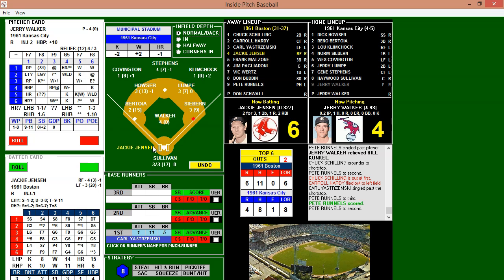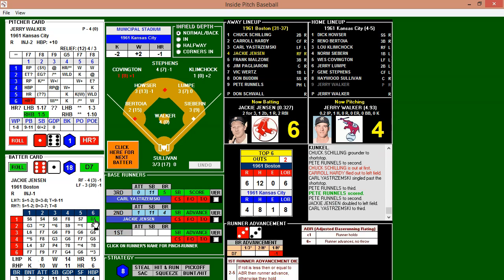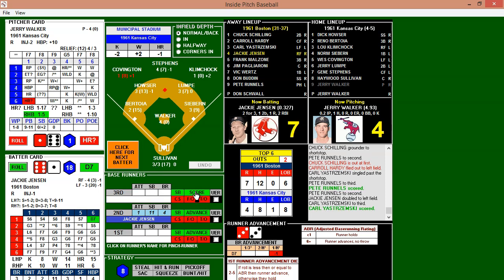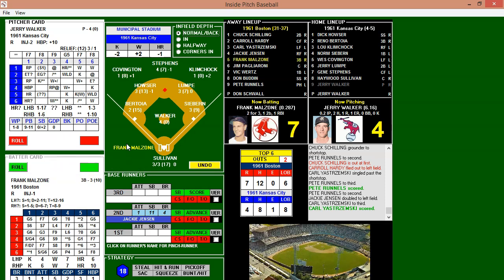Jackie Jensen up there. Yastrzemski gets his lead off first. Jensen 2 for 3 with 2 runs batted in. And he gives the ball a good whack here. Going, and it's going to fall just short of the... It's going to be off the wall. As Covington gets to it, but not before Yastrzemski will round third and score all the way from first. Jensen with an RBI double. So the Red Sox offense pouring on here. It's now a 7-4 lead.